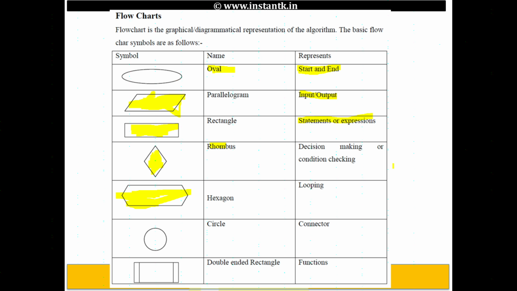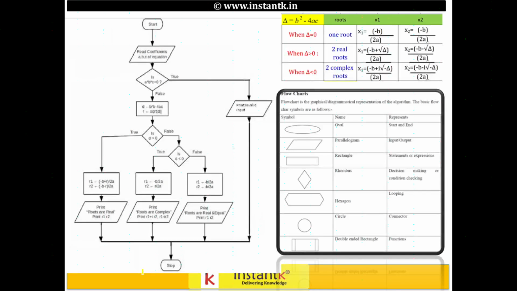If you can't fit the whole thing on a page, you will write a label like A here and go back, and there you define A and start from there. It's a connector. A double-ended rectangle is for a function. If you are calling square root or anything else, you should use that. So here is a typical example of finding the roots of a